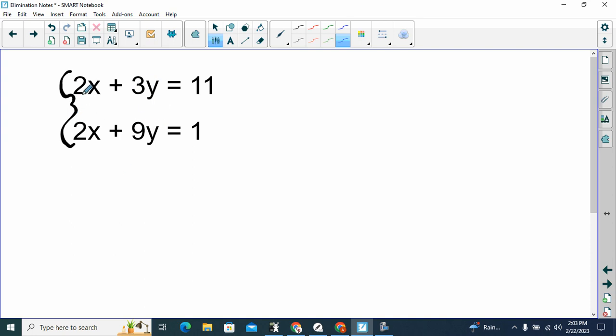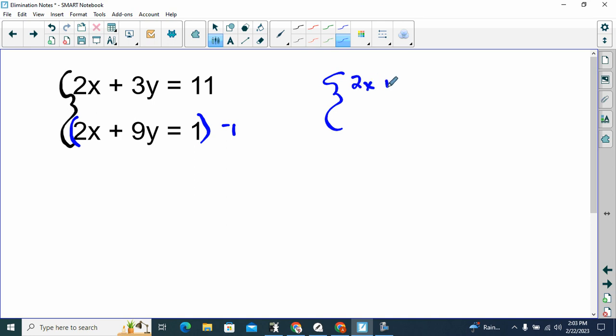So when that's the case, we would need to multiply one or both of the equations by things so that it is set up like the first example and will cancel out. So if this were 2x and minus 2x, now it would cancel. So I need this to be a negative 2. I can make this a negative 2 by multiplying this bottom equation by negative 1. So we're going to multiply the bottom equation by negative 1